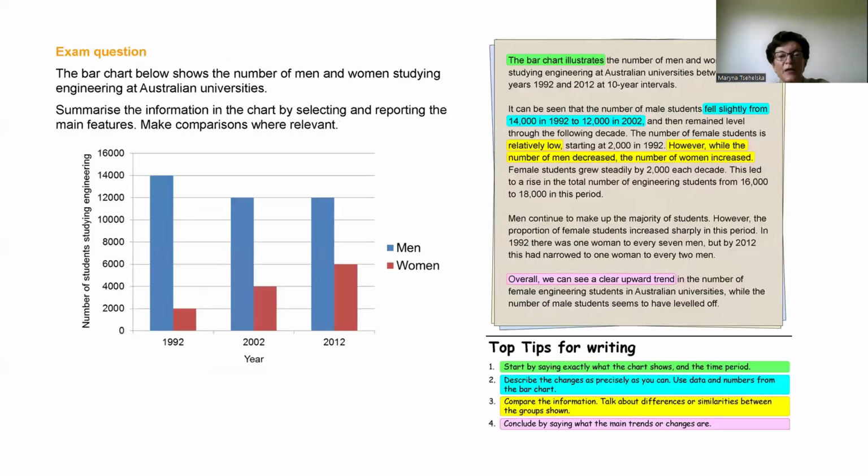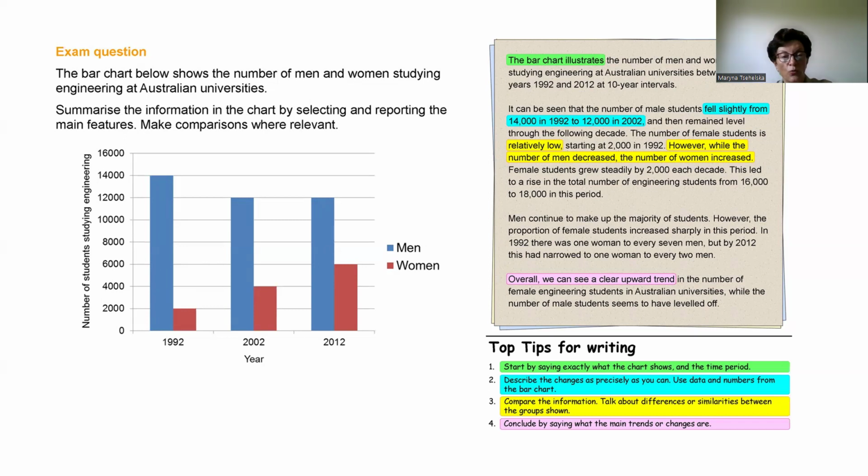For this, of course, you overview it, but you can talk about men and women either separately or in one paragraph comparing them. And you can talk about different numbers, or you can talk about tendencies. If you talk about numbers, you can say that 2,000 here compared to 6,000 here, it was like 3 times